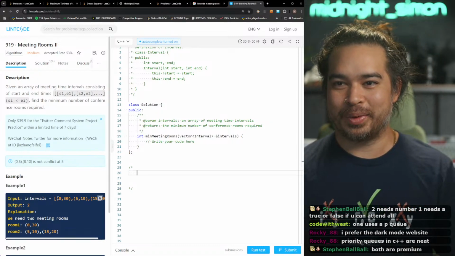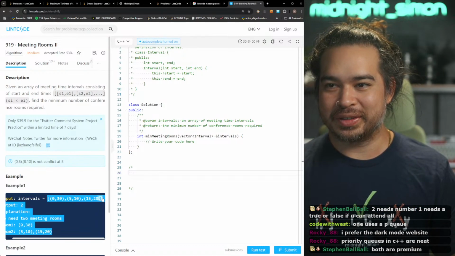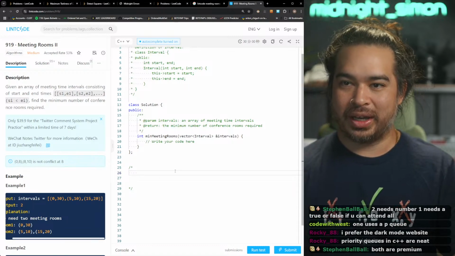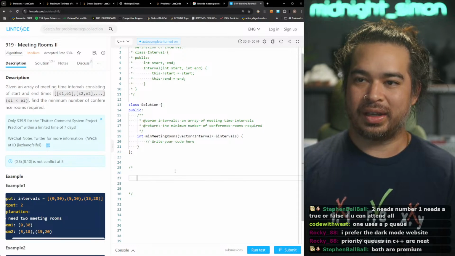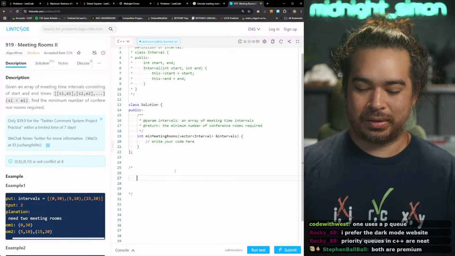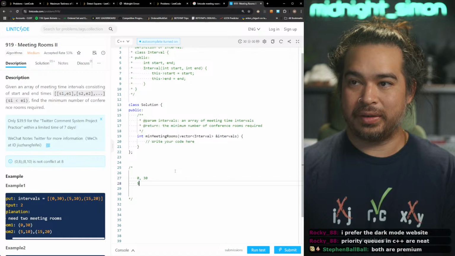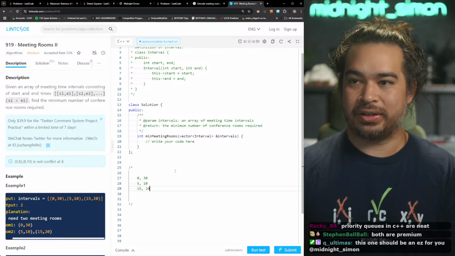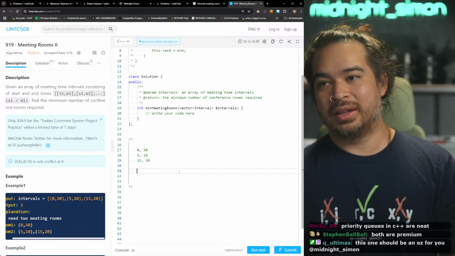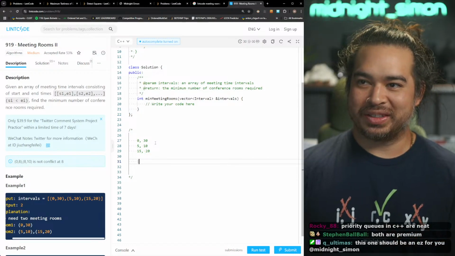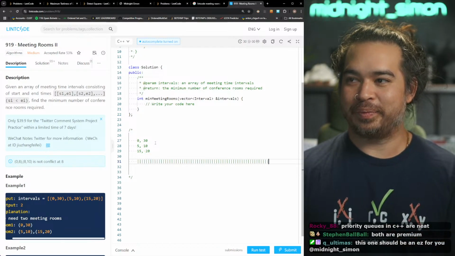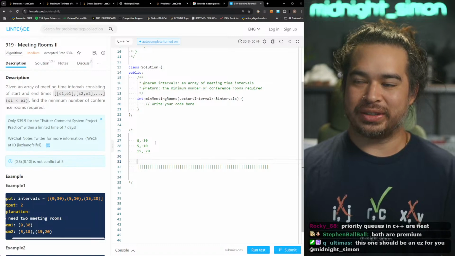The line sweep. So here are intervals. We have 0 through 30, 5 through 10, and 15 through 20. So these are intervals. So the whole idea of line sweep is, I'm about to show you. So I'll try and visualize it for you.